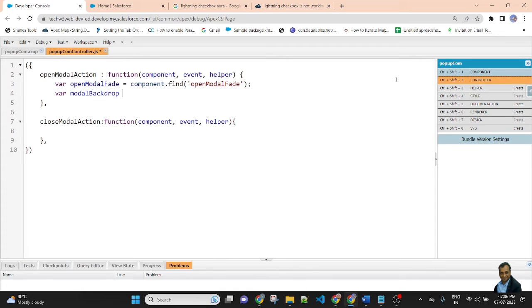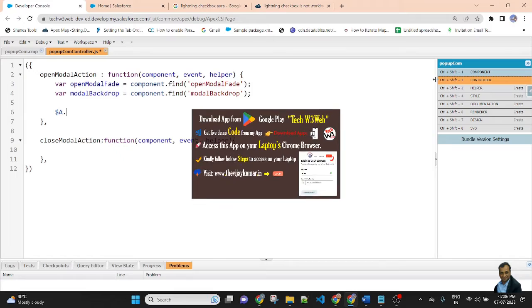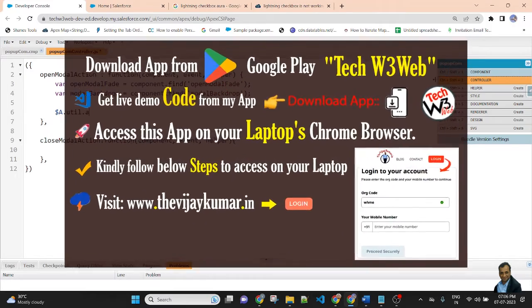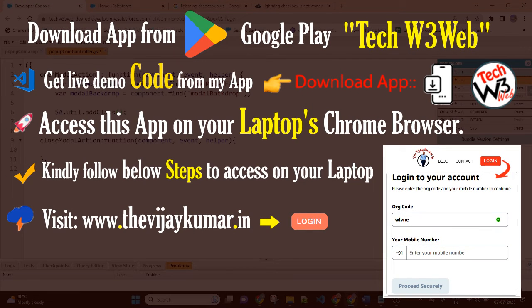Create a variable equal to component dot find and pass the ID name. And here $A dot util dot add class equal to this ID, colon, pass the class name SLDS fade in open.